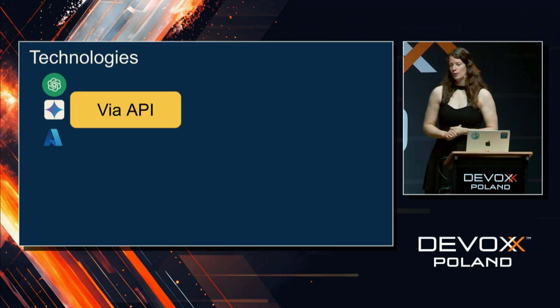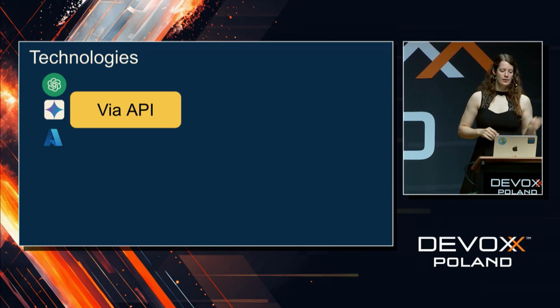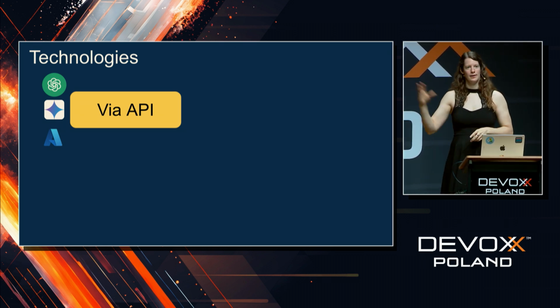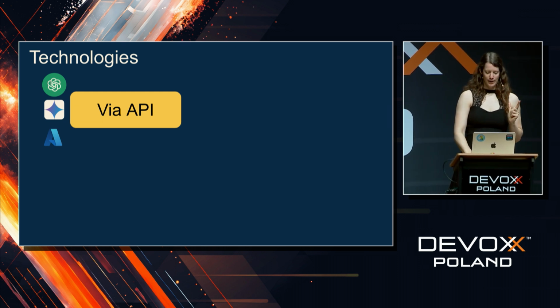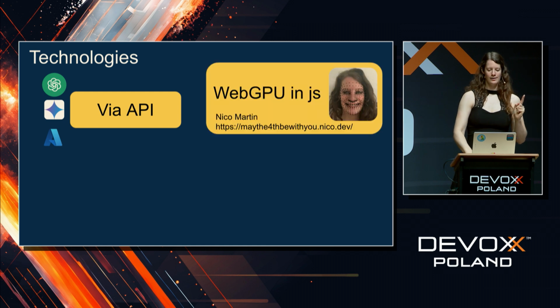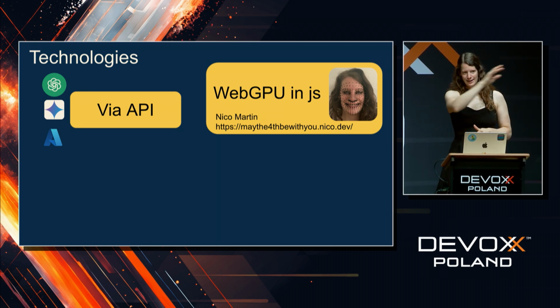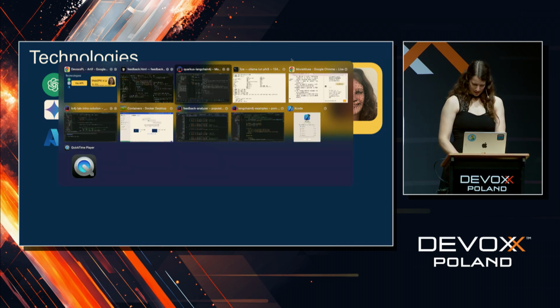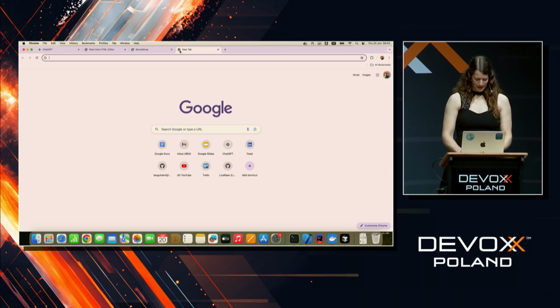Okay, so then once you have the model you want to use to build something on top, how do you actually use it? So typically it's going to be via API. Somebody's going to provide you the service and run it. But you can also directly access the hardware of the machine you're running it on. And this is just a little side excursion here, but I like this so much. In JavaScript, you have a tool, WebGPU, to allow you to access exactly the user's GPU. So I can show you that.